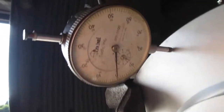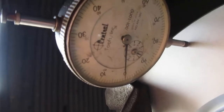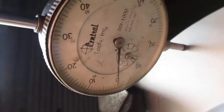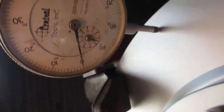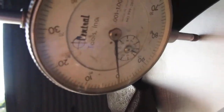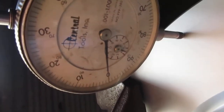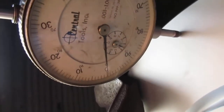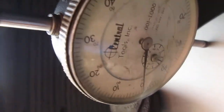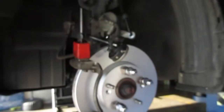And so we're on 0 there. Look at that, it's almost perfect. It's maybe like a half of a thousandth. And you always want to go 2 or 3 times, and that way you make sure it stays consistent, that it doesn't change. Okay. So now you got to see the difference